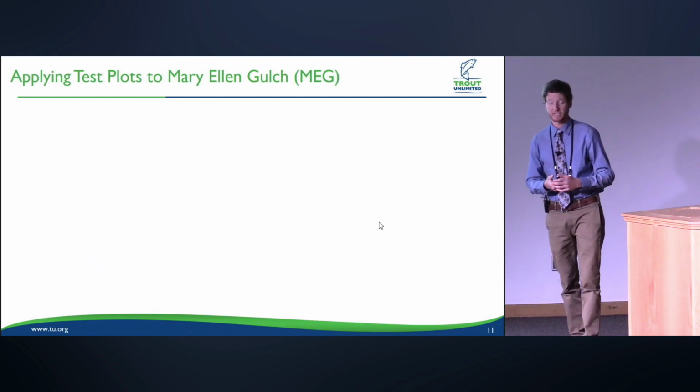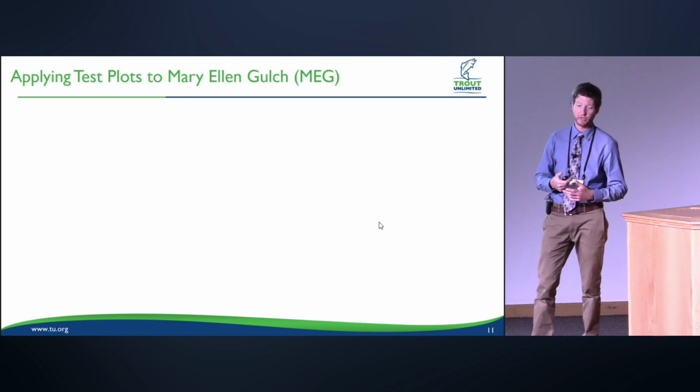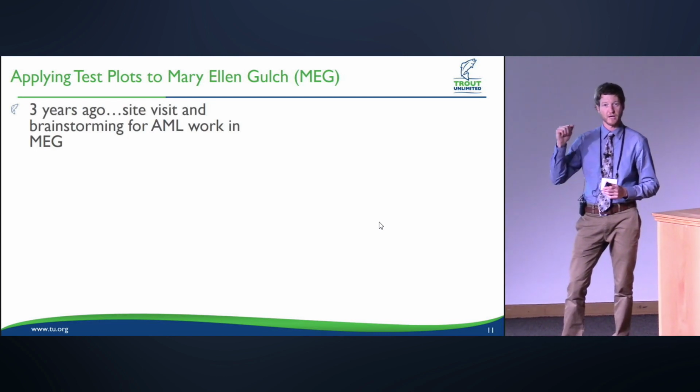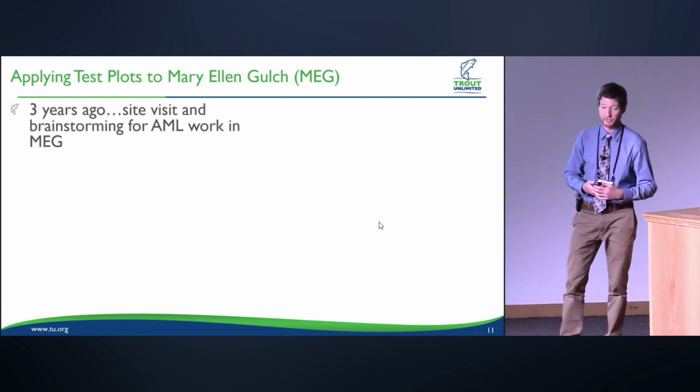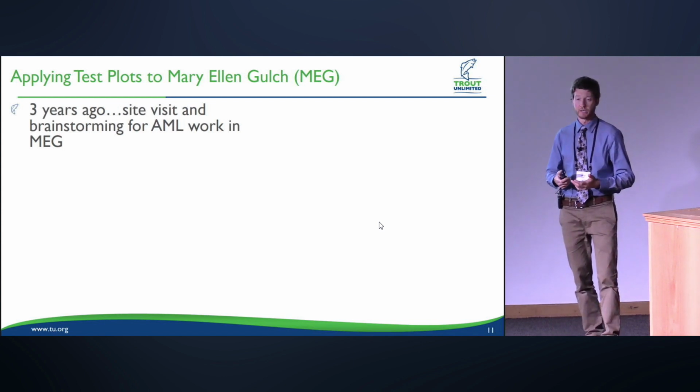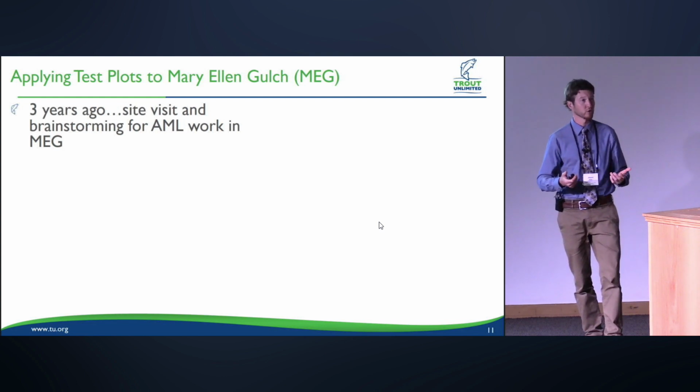So, applying these test plots to Mary Ellen Gulch. Mary Ellen Gulch is on the south side of Snowbird's property. It's where their proposed expansion plans are. So they wanted to quantify the abandoned mine land problems that they potentially have on that part of their property. So 3 years ago, I was brought in to work with Snowbird and brainstorm how we might come in and do best management practices on their mine sites,